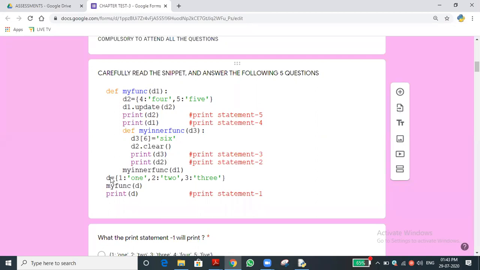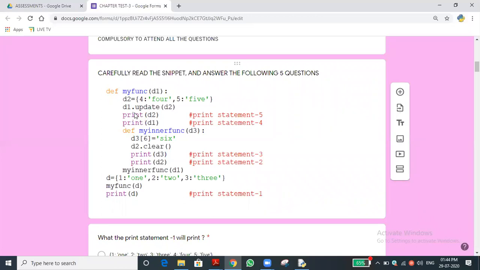For example, D is a dictionary. We are passing the dictionary D, which is now loaded into D1, right? So D2 is another dictionary, a local dictionary. We are updating it. Now, what is the D2 value?